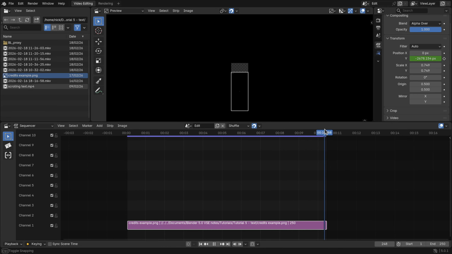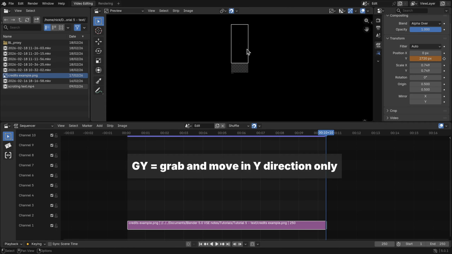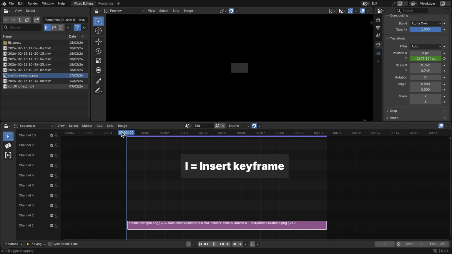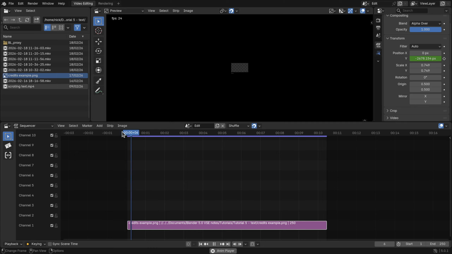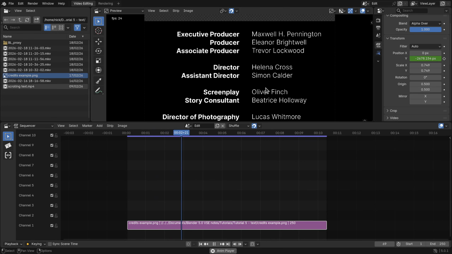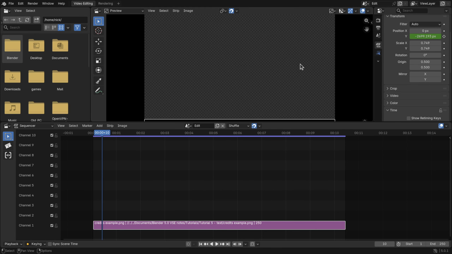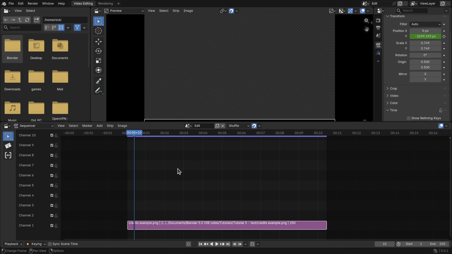Then move the playhead to the end of the sequence, press G and Y to move the credits above the sequencer view, and press I again. That sets the end keyframe. Now if I press space to play, the credits should scroll into view like this. The speed with which they scroll by is entirely dependent on how much time you give for the credits to appear. Now it seemed to me that the credits seem to slow down towards the end,